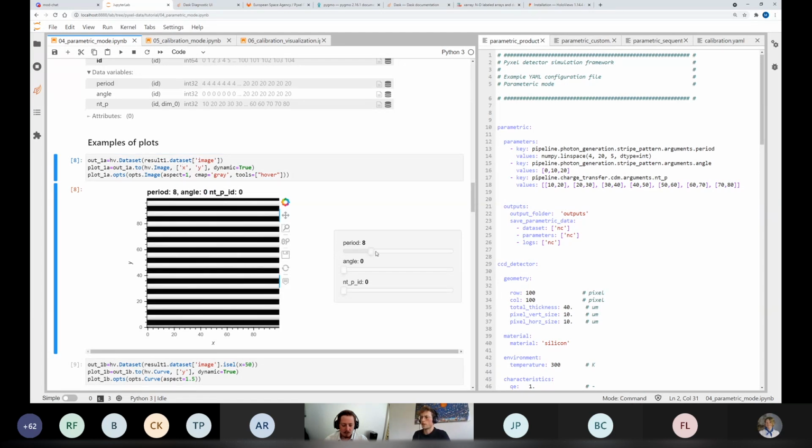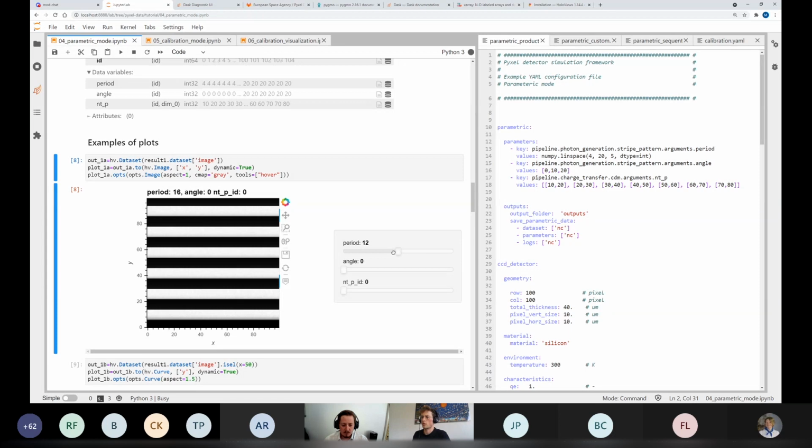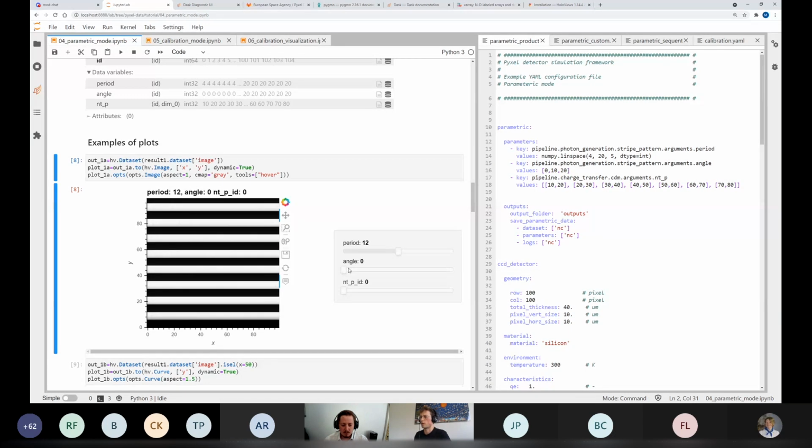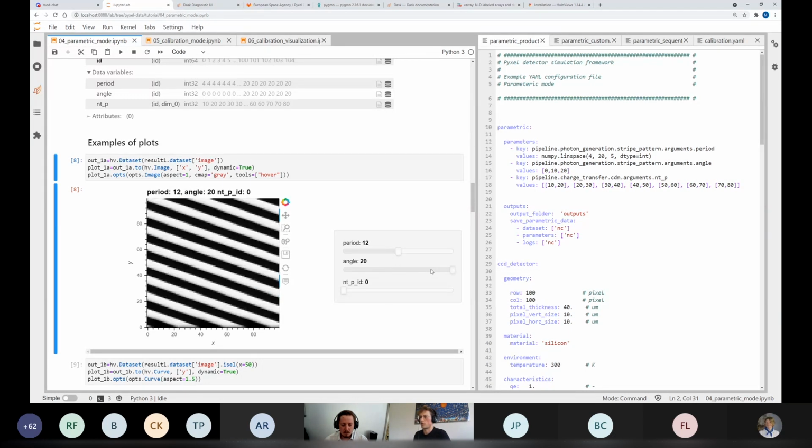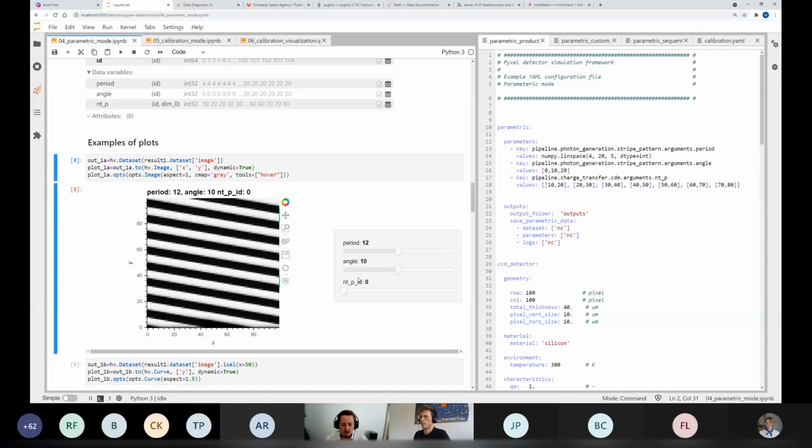Okay, if I change this, I can move around and see, for multiple parameters, how it changes live in the image. We also chose here that we would like to plot this dynamically, so every time it's plotted from scratch from the data set. So it's not loaded into the memory right away. And if I set this to false, it's going to be loaded in memory. And then it's a bit slower at first, but